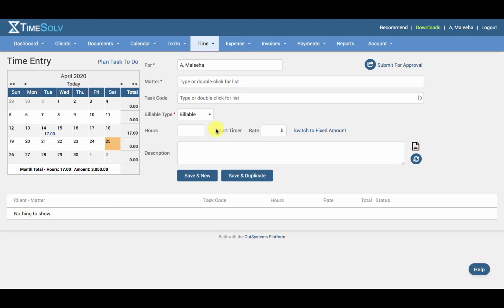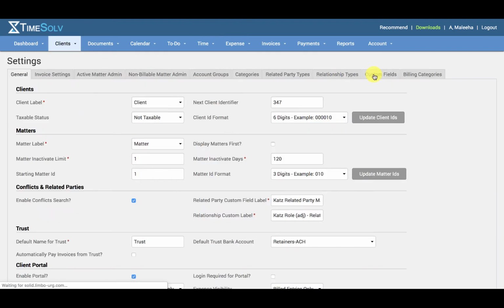video show you how to create custom fields. These are user-defined fields allowing you to be as creative and intuitive as needed when storing information under clients, matters, contacts, and matter groups. To set up these custom fields, click on Clients, Settings, and the Custom Fields tab, and